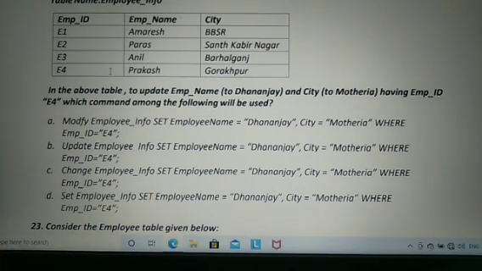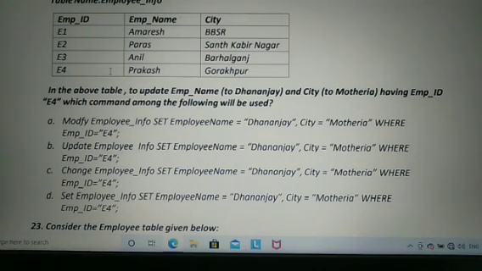The right option here is option B, update employee info set employee name equal to Dhananjay, city equal to Madhurya, where employee ID equal to E4.